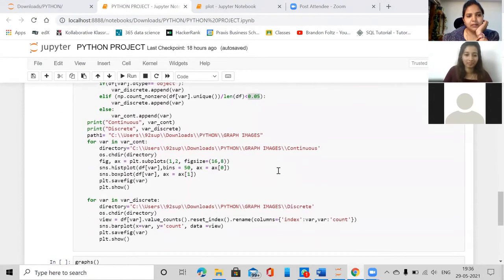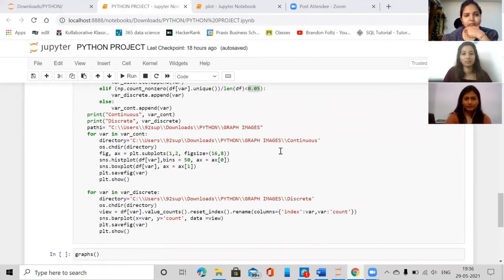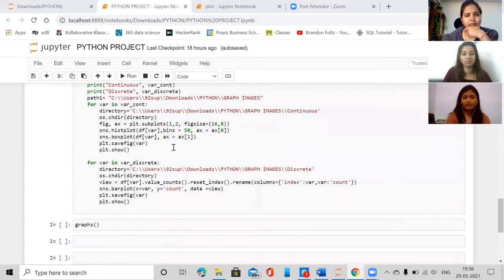Okay. Now, after segregating our data into the continuous and the discrete part, we will come to the next part of our EDA, that is getting our data plotted in the desired graphs. So here we are using 2 iterations. Before that, I would like to add that besides plotting, we are also saving those plots in the form of images in a separate folder, so they can be used for future EDA references. So let me take you through the code.